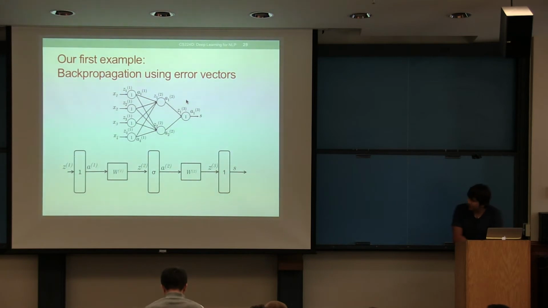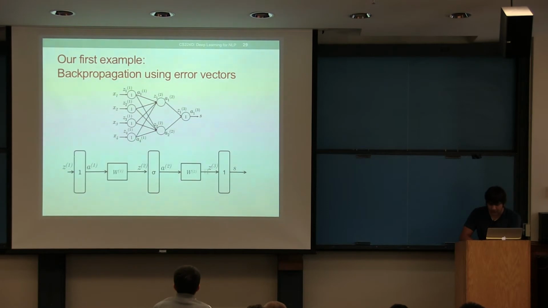So this network over here can be represented as a Z1 coming in, that's right here. It goes through a unit of 1s, doesn't do much, produces an activation A1, goes through a matrix W1 located right here, which is drawn here. That produces a vector Z2, that's the 2-element vector right here. Goes through a sigmoidal unit, produces an activation, goes through a W2 matrix located here, produces Z3, and passes through 1 and creates an activation.